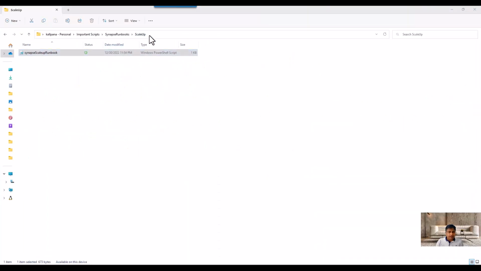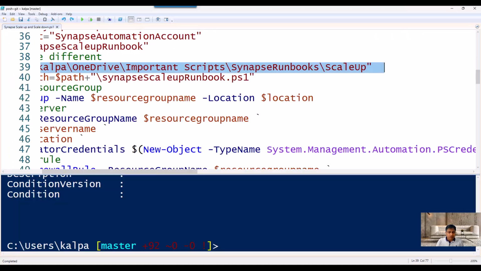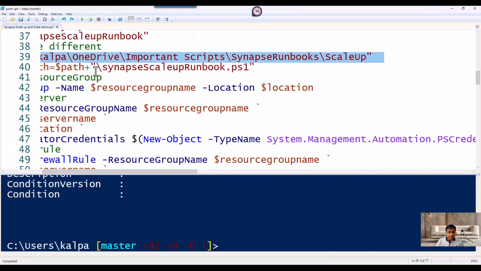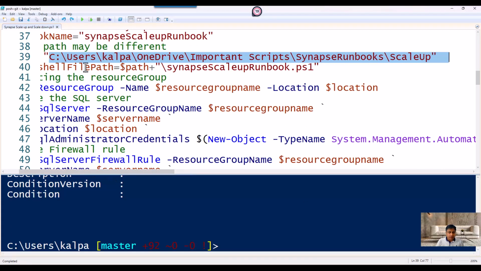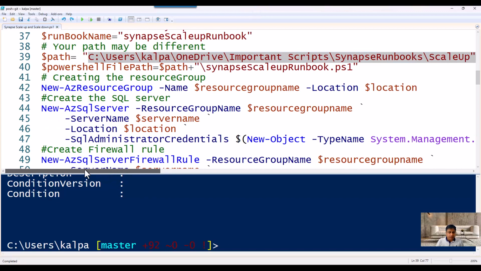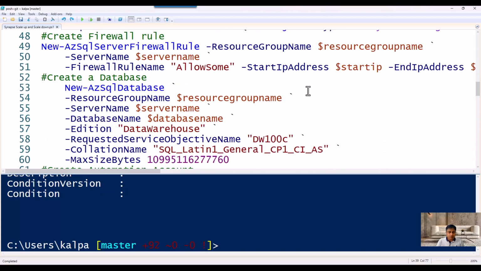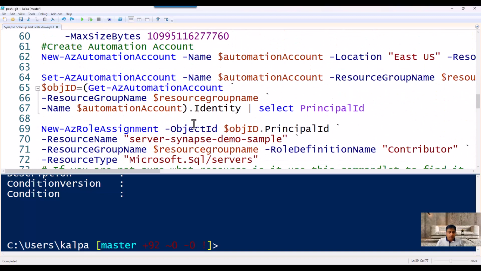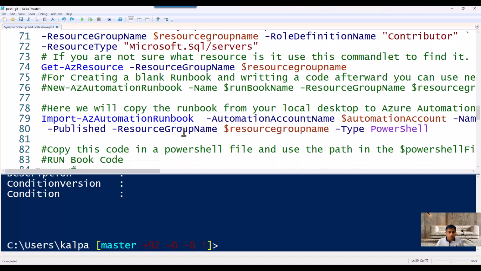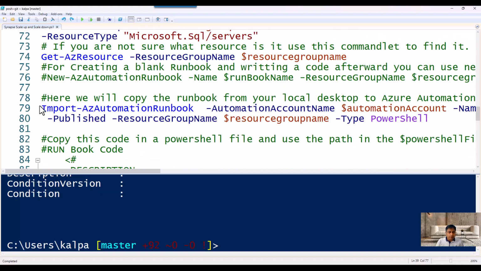So I have created this PowerShell runbook and kept it here in this particular path. If you see clearly, I am using the same path here. I am building this path in PowerShell, and this is the exact path, so that means this path concatenated with the runbook name. Now we are going to import this runbook from the path which I have mentioned into the Azure Automation